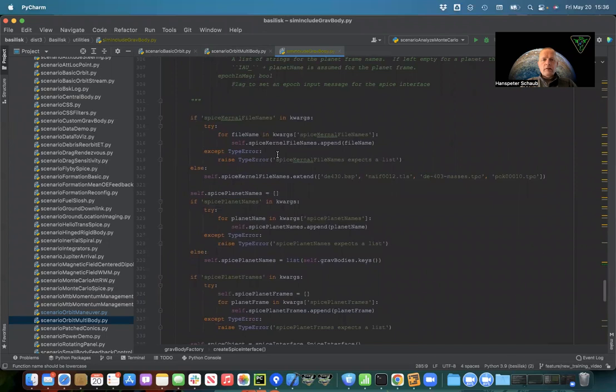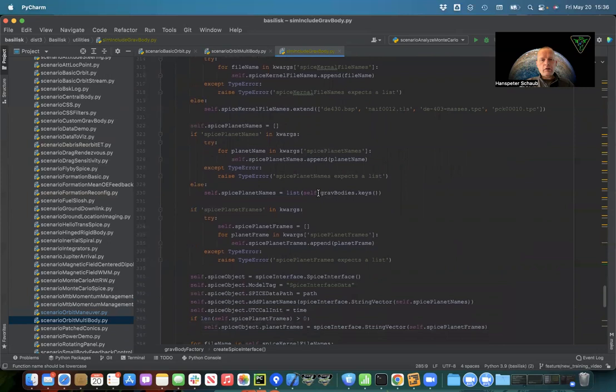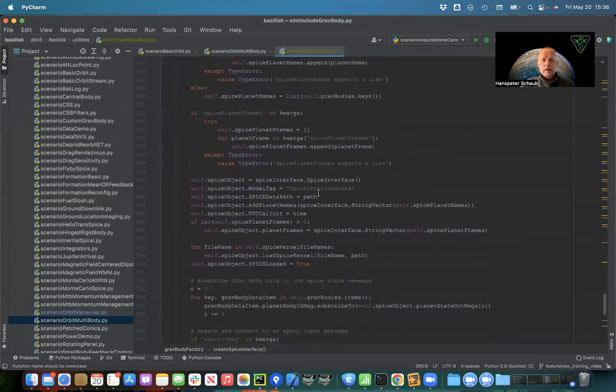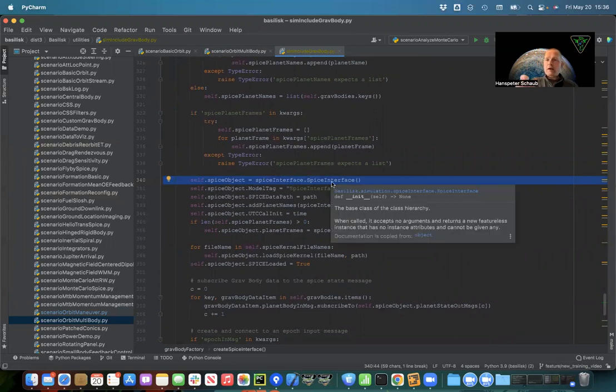These are optional flags if you want to specify the planet names or SPICE names, all this stuff. You can do that, so you can read through here. If you know a lot about SPICE, you'll recognize what's happening here and the coordinate frames. The main thing I want to go through is you can see inside the factory, it's creating a Basilisk SPICE interface